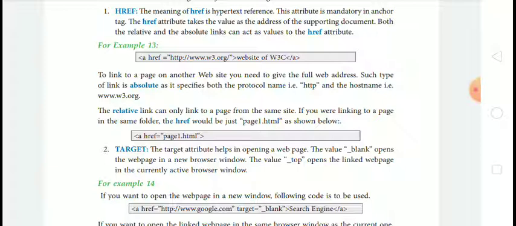To link a page to another website, you need to give the full web address. Such a link is absolute as it specifies both the protocol name HTTP and the host name, which is www.w3.org.